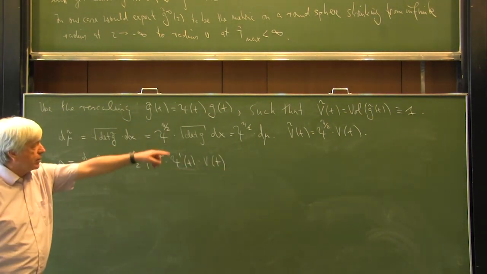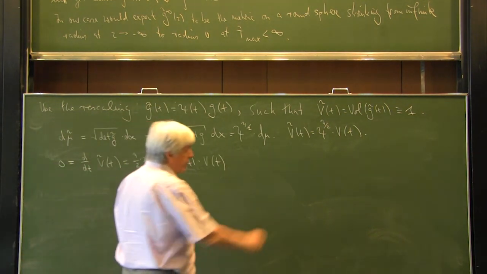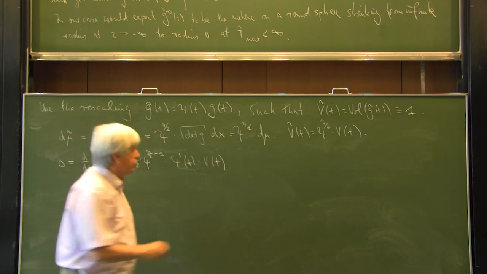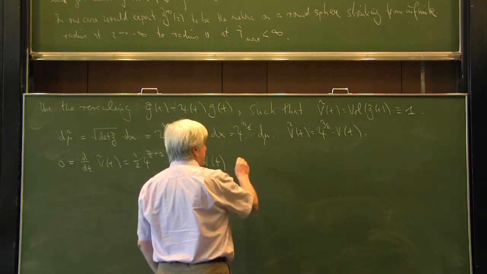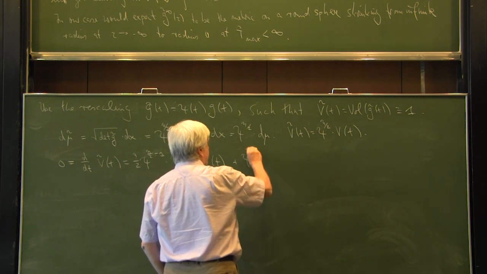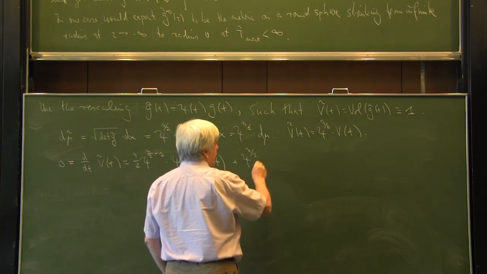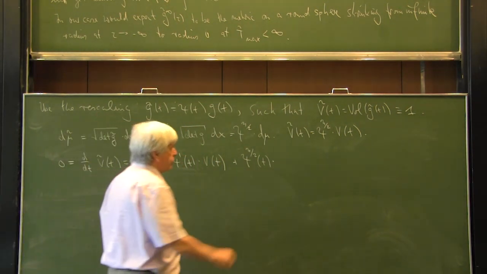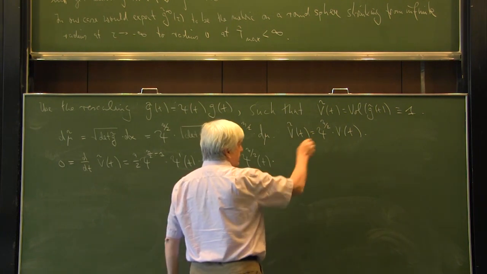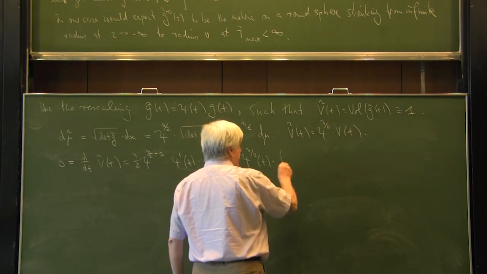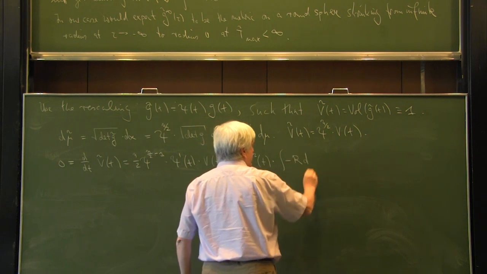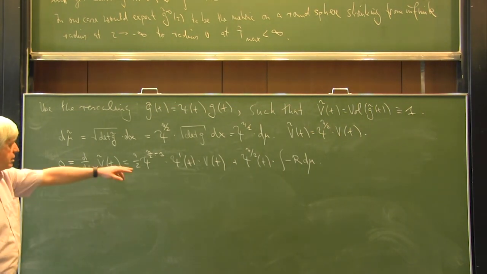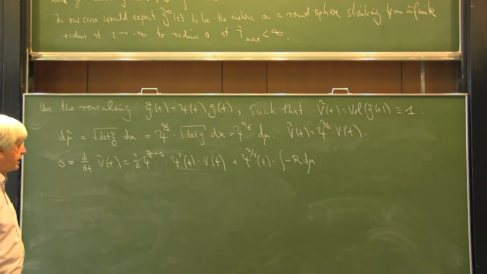And on the other hand, we get from the derivative of the volume, plus psi to the n over 2 of t multiplied with the time derivative of the volume. And we have already seen that the time derivative of the volume is minus the scalar curvature times d mu. So this being equal to 0, we see that